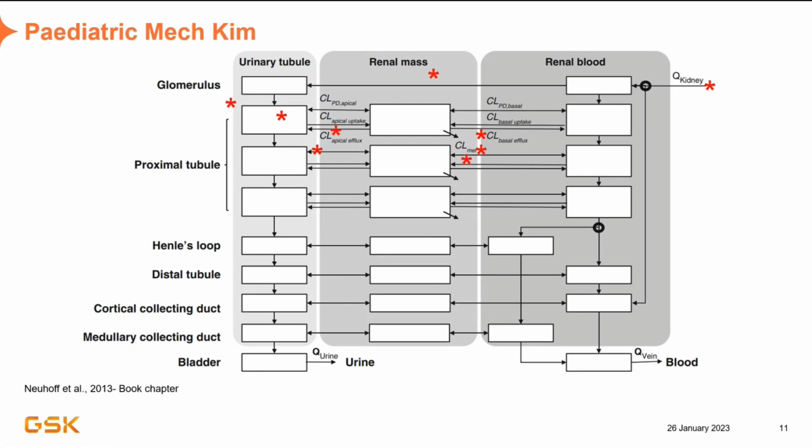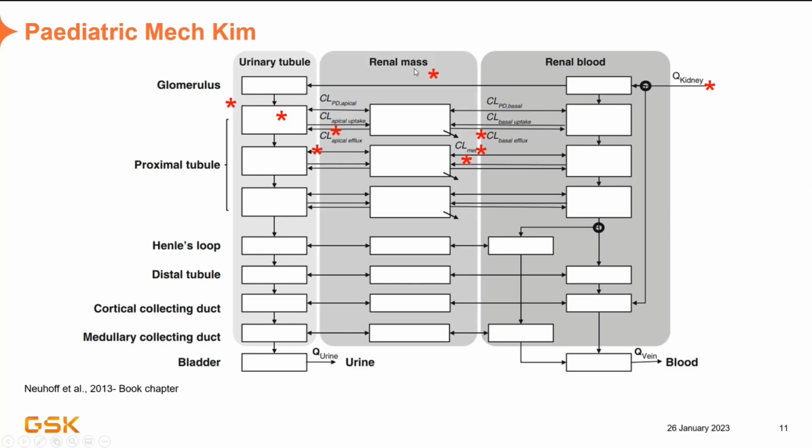Now we can call it confidently 10 years ago. But what I've marked here, really, the stars are showing all the age-related parameters that we have in this model. So the blood flow is a function of cardiac output, fraction of cardiac output, and the fraction of the renal blood flow that goes to the kidney is also changing with age. For some of the tissues like liver, it's fixed, but the fraction blood flow is changing with age for kidney.